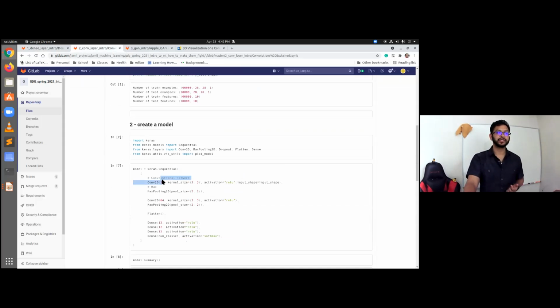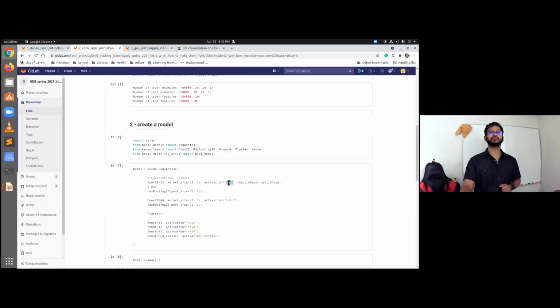We're going to have 32. We're going to do max pooling. And then from there, we're going to have another convolution, another max pooling, and we're going to flatten it out. This is essentially the same as what we were doing before, where we had all of the individual pixels. That's what the flatten does. It takes it away and flattens it down into one dimension. And then we have our normal dense neural network.